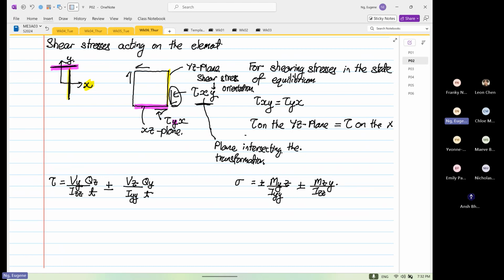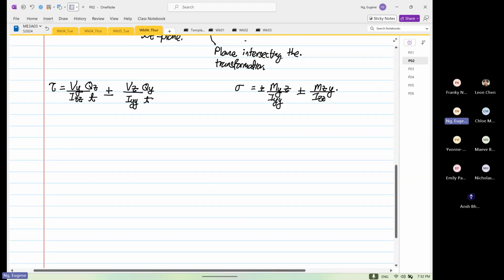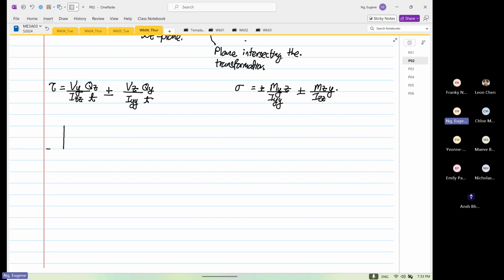In shear, if your shear force is in the y direction, you have to consider the Izz axis. So what do I mean by that? If we now look into the cross-sectional view, okay, this is our cross-sectional view. This is y and this is z. So if our shear force